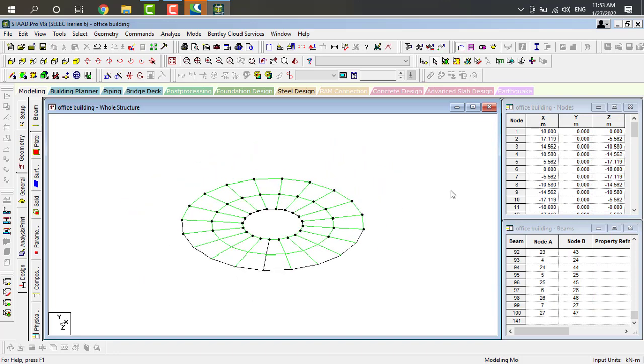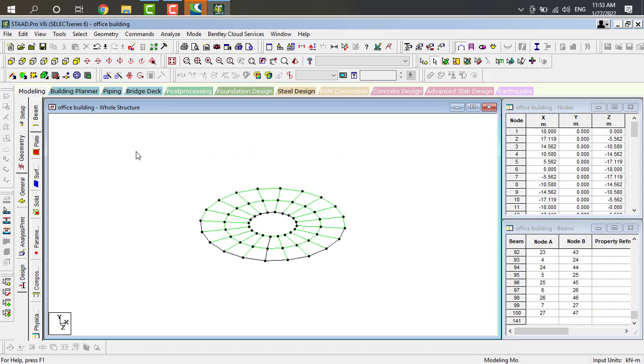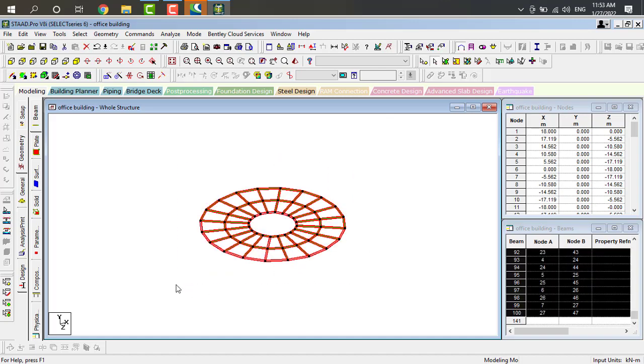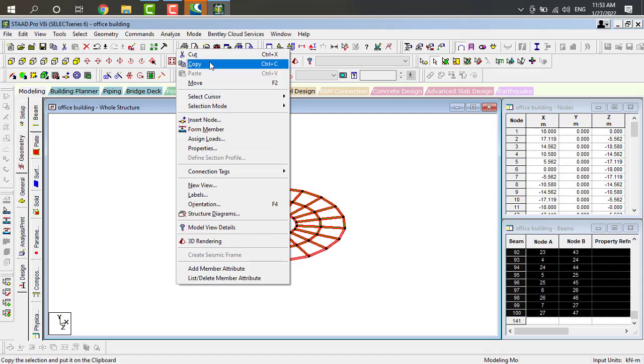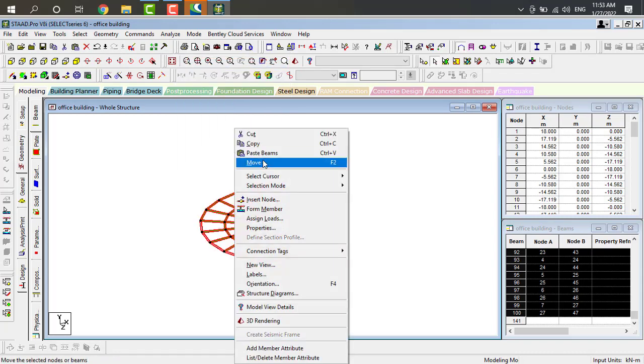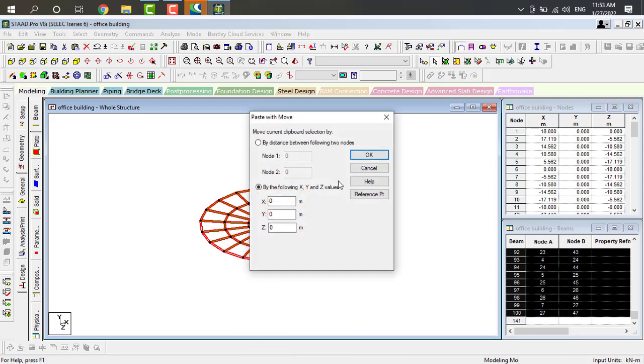So again I want to copy this. Just select this, right click, copy and click on paste. It is in X direction 50.